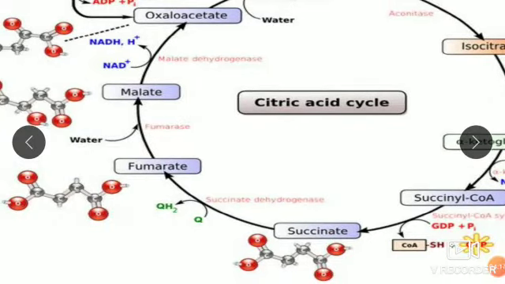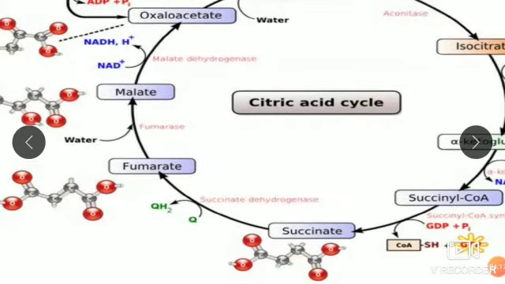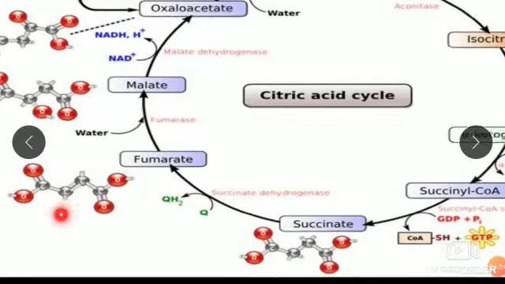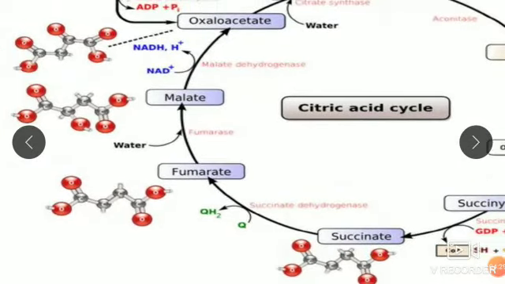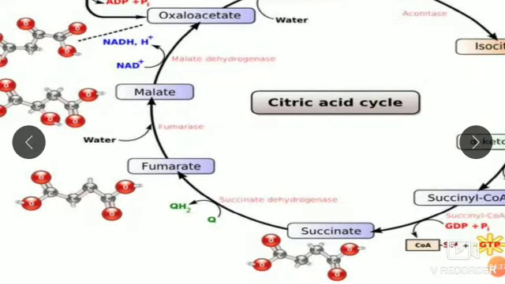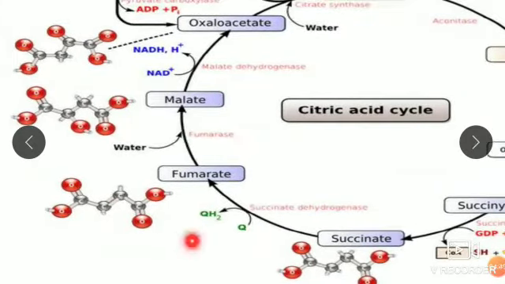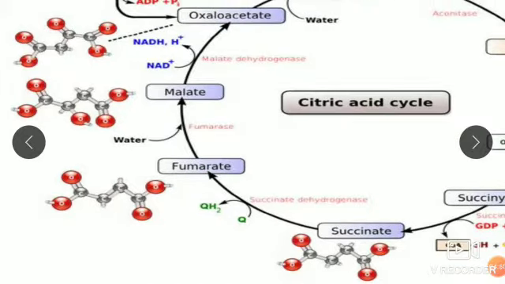In the succinic acid, you can see here these 2 carbon atoms lose their hydrogen atoms to form a double bond between these 2 carbon atoms in the presence of succinate dehydrogenase. At this step, the hydrogen atoms released are received by FAD to form FADH2. Here it is shown by Q and QH2. This leads to the formation of fumaric acid or fumarate.